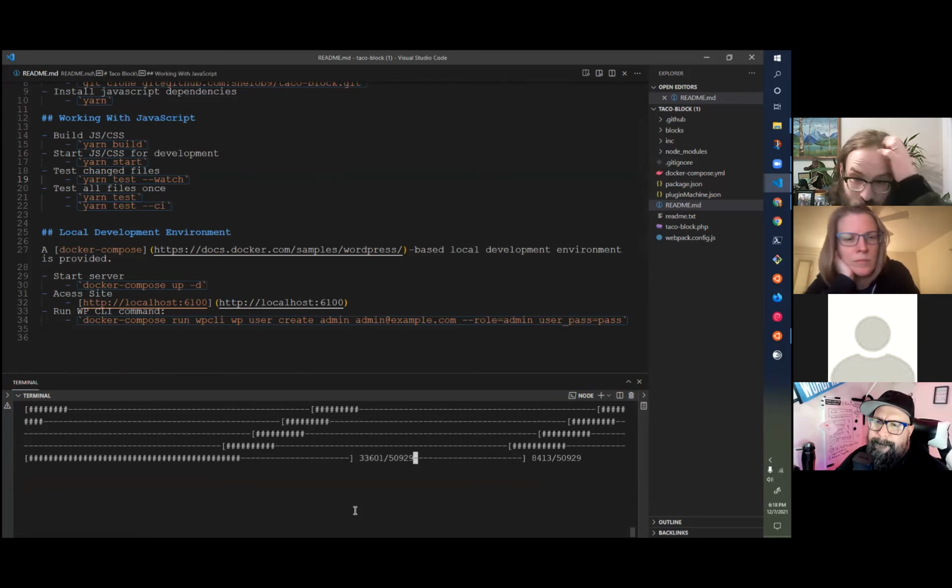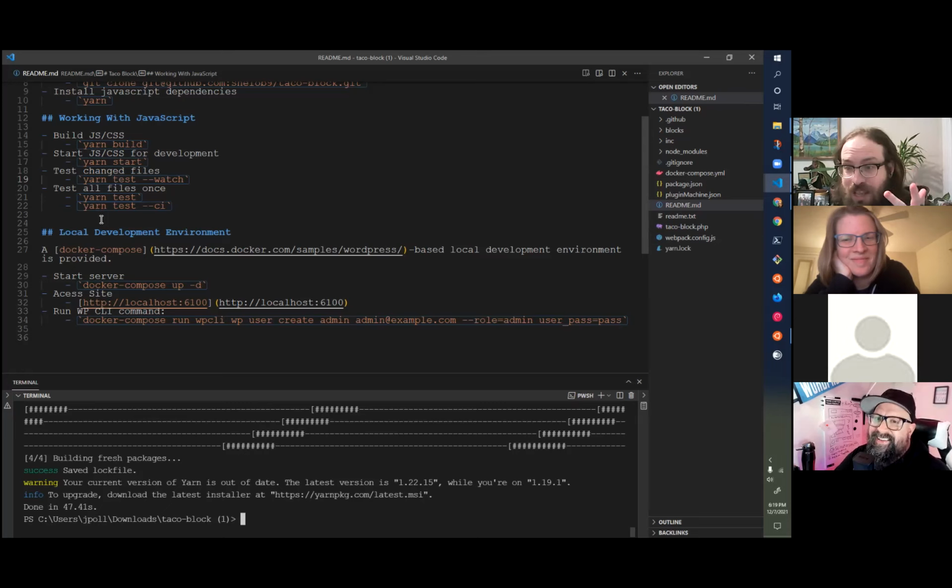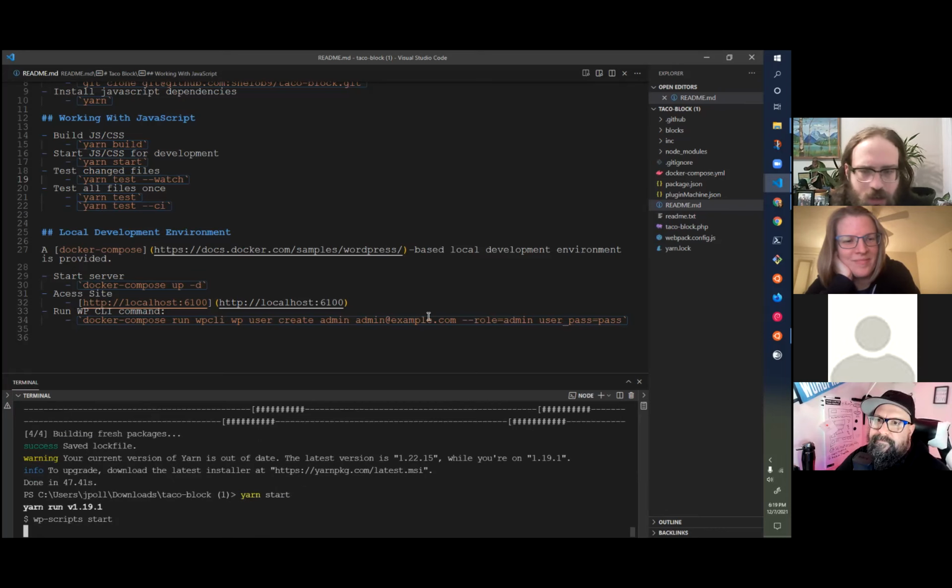There's a few reasons why I like yarn. It's faster. And you would just type yarn start, instead of npm run start. I know that seems small, but it's a big difference. Also, it's faster. So once we do yarn start,